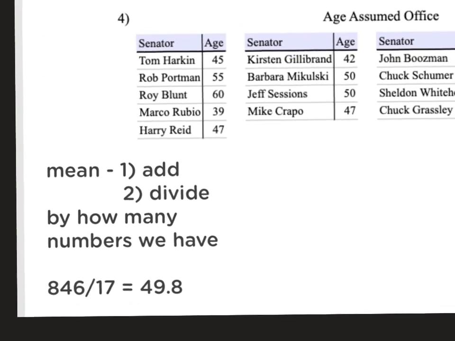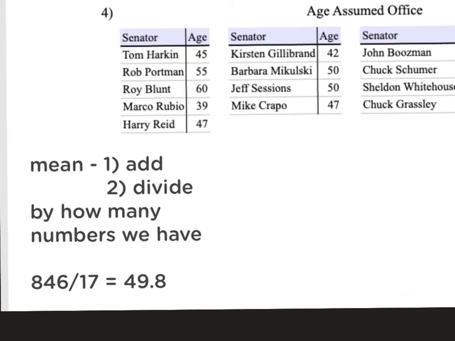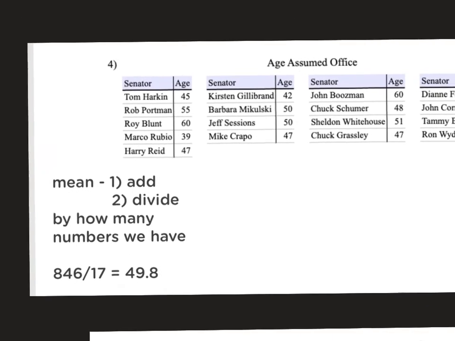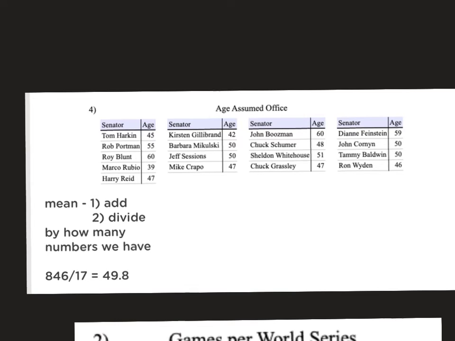We wrote on your classwork page, if you don't already have this open, or if you don't have this written down, it would be a really good idea for you to either write it down on paper with me or write it on your classwork. Either one is okay. And what we covered in class and completed was reviewing how to find the mean of a set of data. So remember what we did is we took all of the ages for number 4,